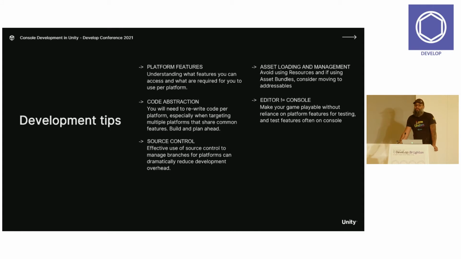Which is a good thing, because you want to be testing on the device as regularly as you can. But you might also want to look at making your game run in a way, either writing your own debugger or your own debug code. You can abstract out all of this stuff into developer tools, so you can disable all the platform features and actually test your game in the editor. Otherwise, your iteration time for testing can be quite long because you'll be deploying to the hardware every time you want to test a change, which from an optimization point is probably great, but from a sanity perspective, and actually getting a game finished in any space of time, you may want to look at that as well.